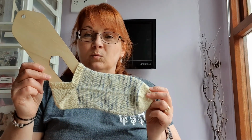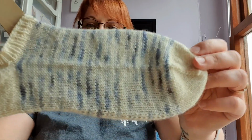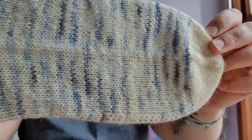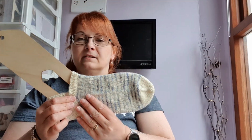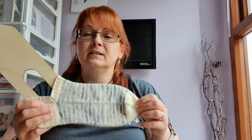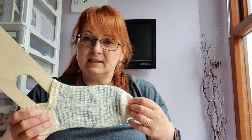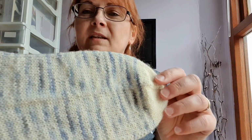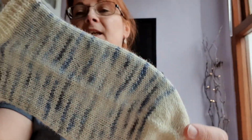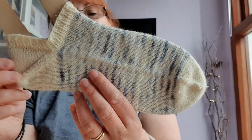Yeah. And I have a half finished object. I have 1 sock of my little shorties I was doing. And this I knit sitting in the garden all last week, alternately bundled up and stripping off because it was either hot or far too cold, depending on whether the sun or the wind was getting me. And I've knit it toe up,